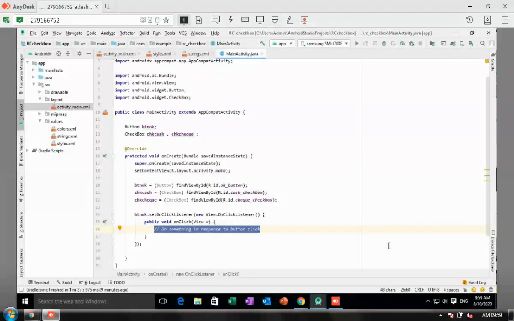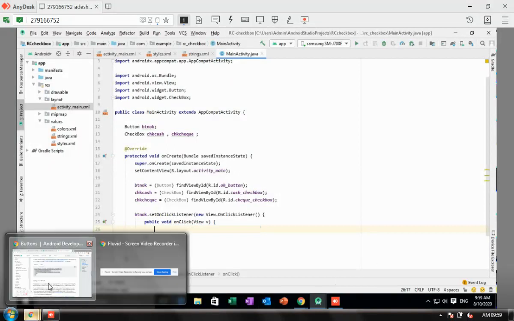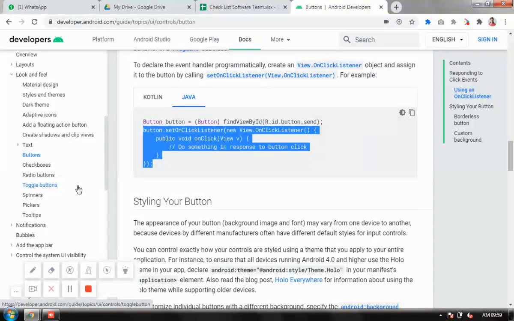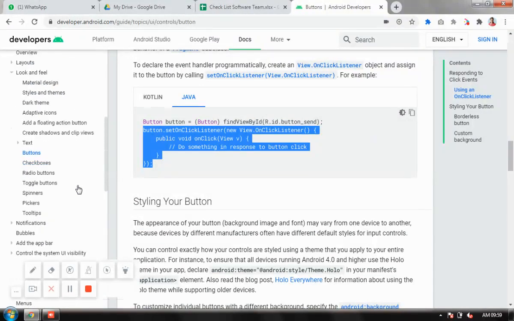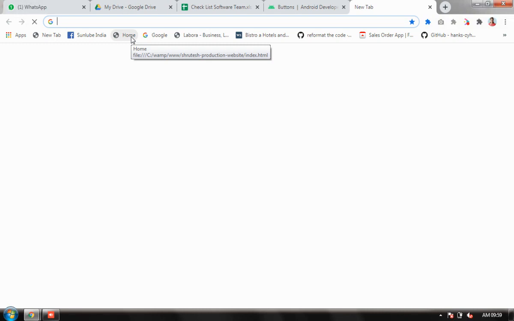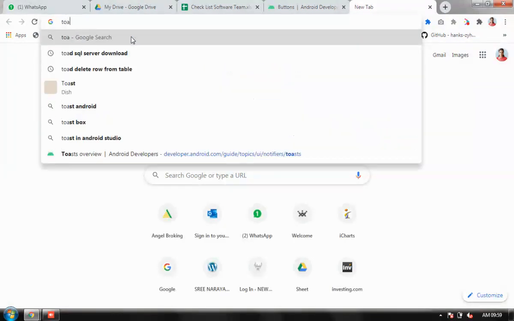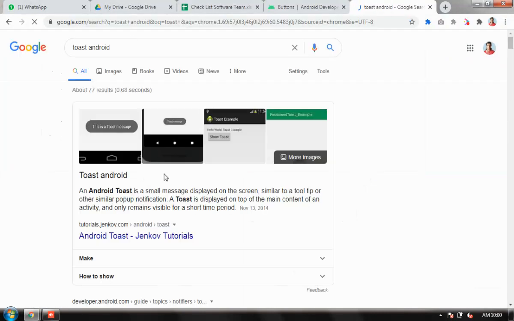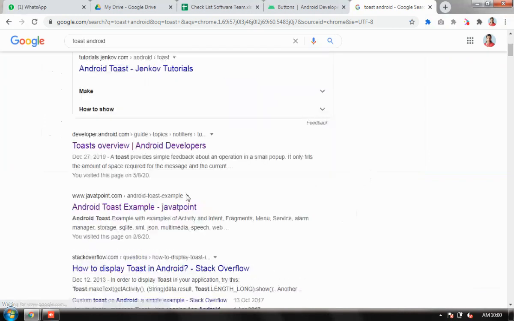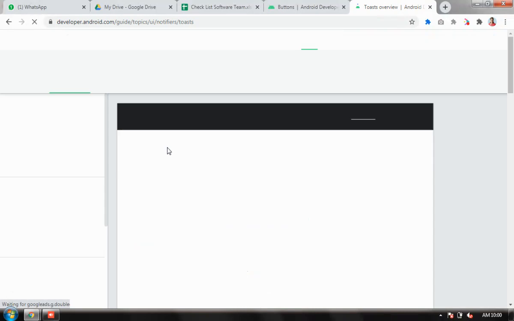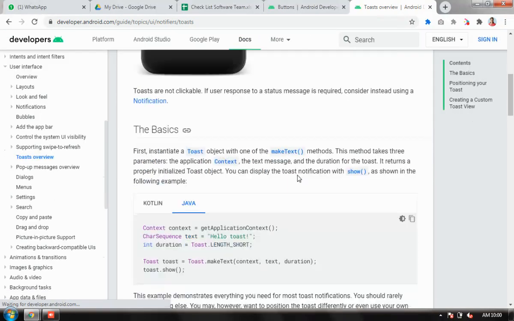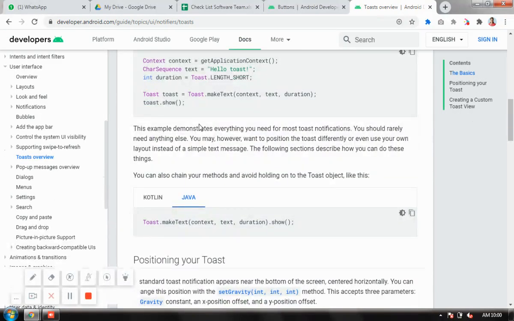Inside this, I have to make some logic. I have to display some messages. I am displaying those messages using toast. Fine. So the syntax here for toast is this.